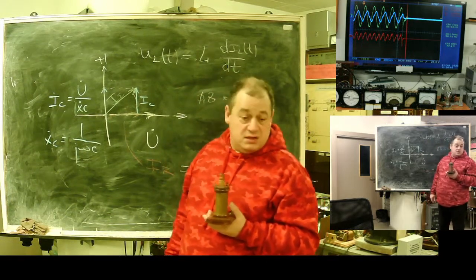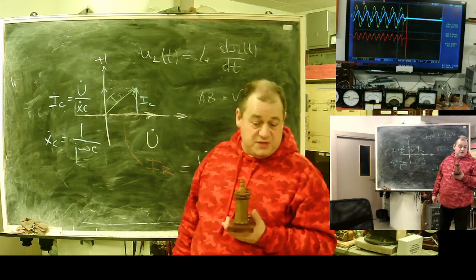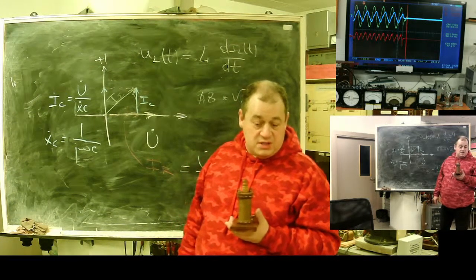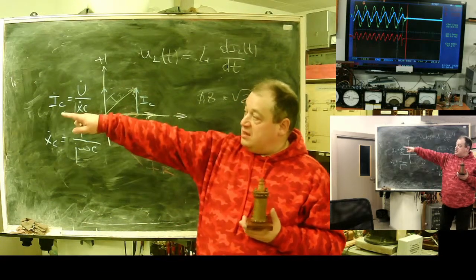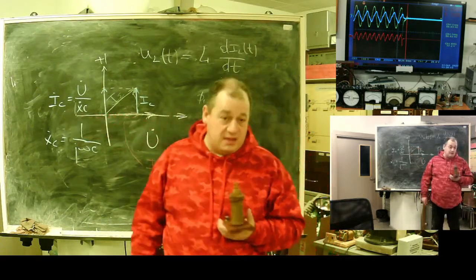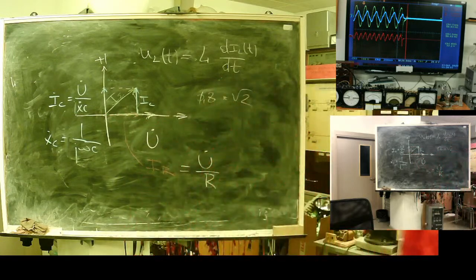So the current will be the integral of sine, it's minus cosine. You see, current is delayed or lagging relative to voltage. To reflect this effect,